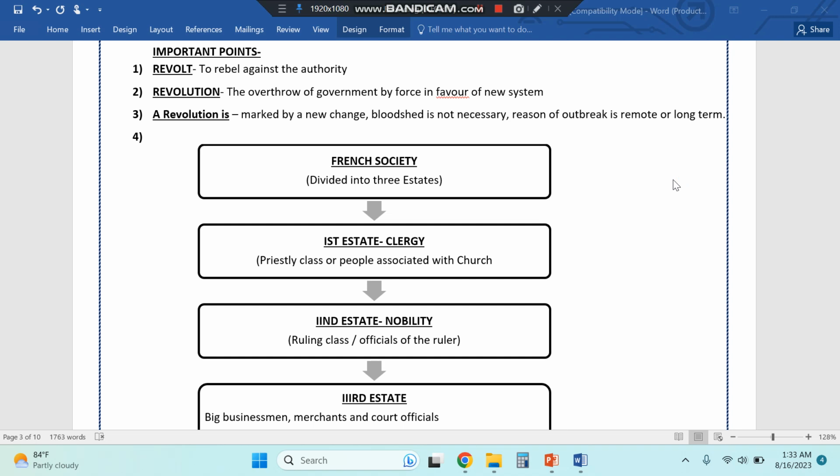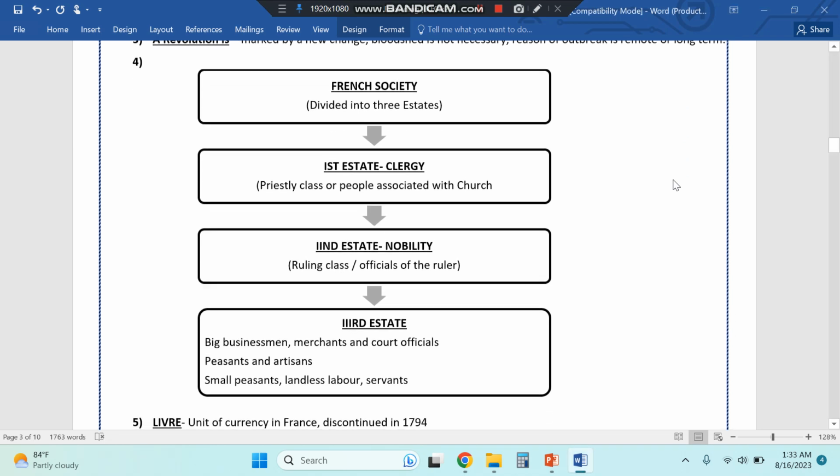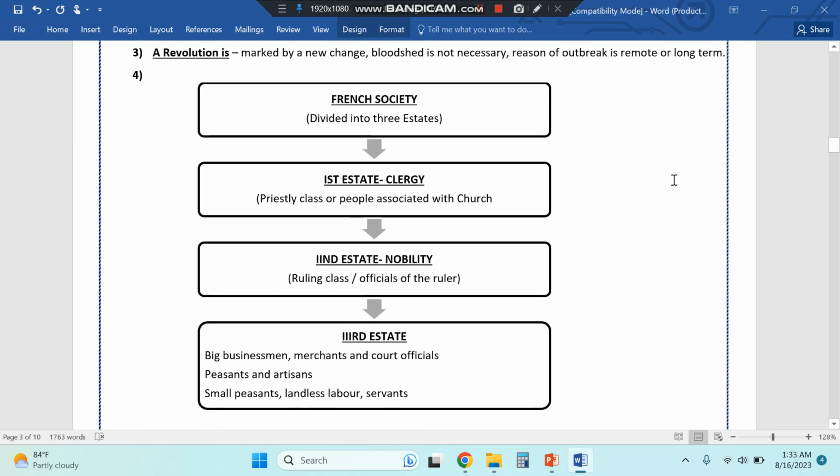Revolt, revolution, and what does a revolution lead to? Then come these three estates. So you can be asked a question: describe the three estates that existed in French society. So you just create this flowchart and you're done. The next one,